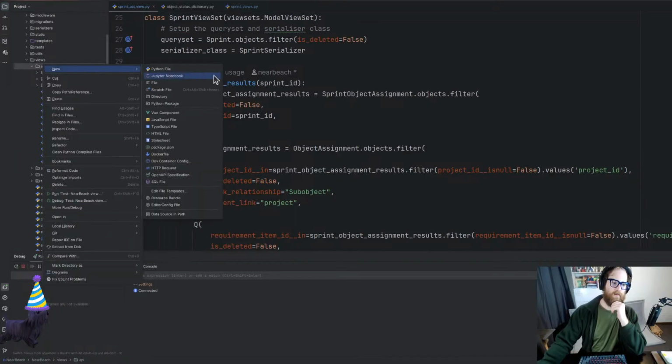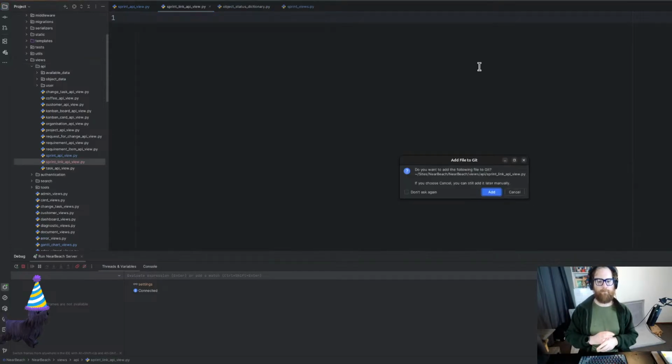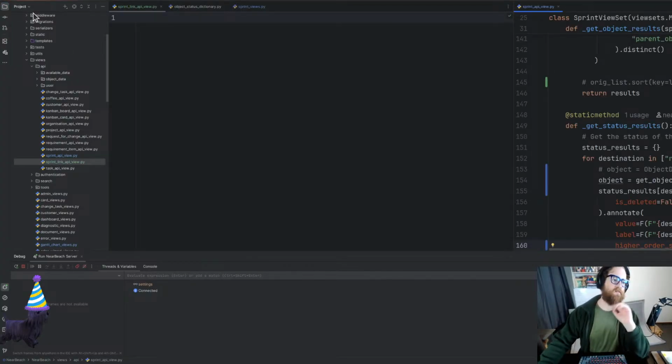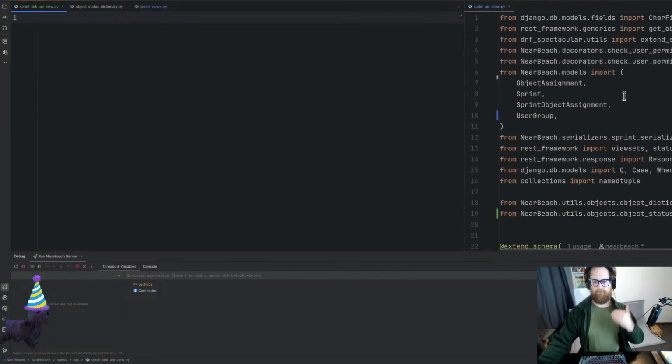I'm going to call one Sprint link API view.py. We're going to add it into the source code. We're going to move that over there. That's all perfectly fine. We are going to extend this, but first what I need to do